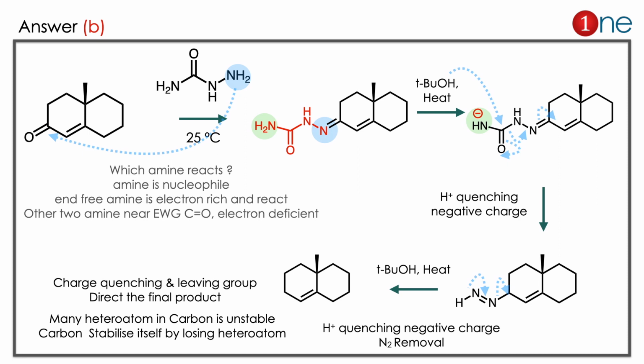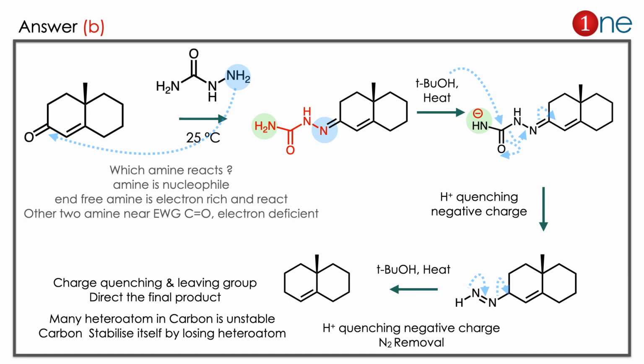The next step you are using the base. What the base really does is remove the proton. The proton removal will be there. The charge travels. Finally you have the N-N bond. If you use the base again, you will remove the nitrogen there. Here H plus is quenched by the negative charge. You have to imagine the charge travel there. If you end with negative 1, you quench it with the positive charge. So hydrogen quenching, and the negative charge is removed by the positive hydrogen, which is the proton.